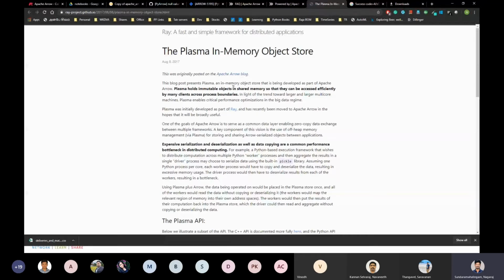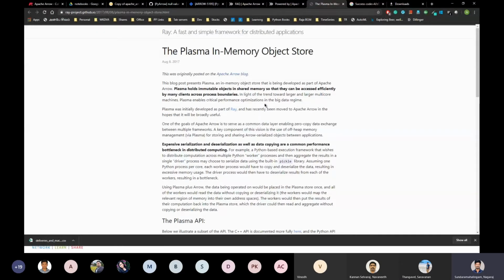But there is an option in Apache Arrow. It's called the Plasma in-memory object store. You read data from a source and you store it in memory itself. Let's say I have two scripts. In the first script, I read data from a CSV file and store it in memory. From the second script, I can directly read the data from memory. There is no intermediate file or disk read. I can directly refer to data in memory itself.